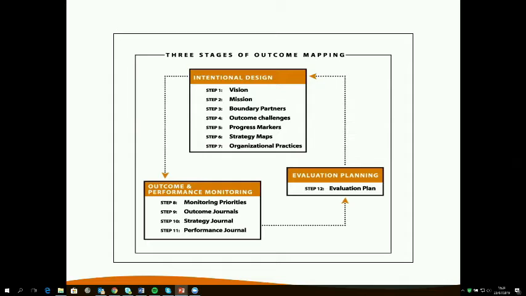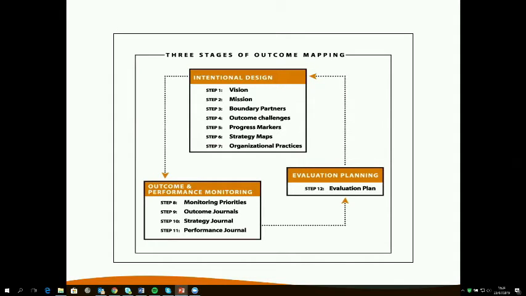I said it's a flexible methodology, but then when you see step 1, 2, 3, 4, 5, 6, etc., you kind of wonder, okay, do I have to use all of those? And do I have to use them in that order? And you don't. So it doesn't give the right message, this graphic. You don't have to use all of the steps in order. But if you were to, that's the key order of what you would do. But you can easily go into a project, even if it hasn't been planned with outcome mapping, and use step 5, progress markers, and do some monitoring using progress markers, for example.